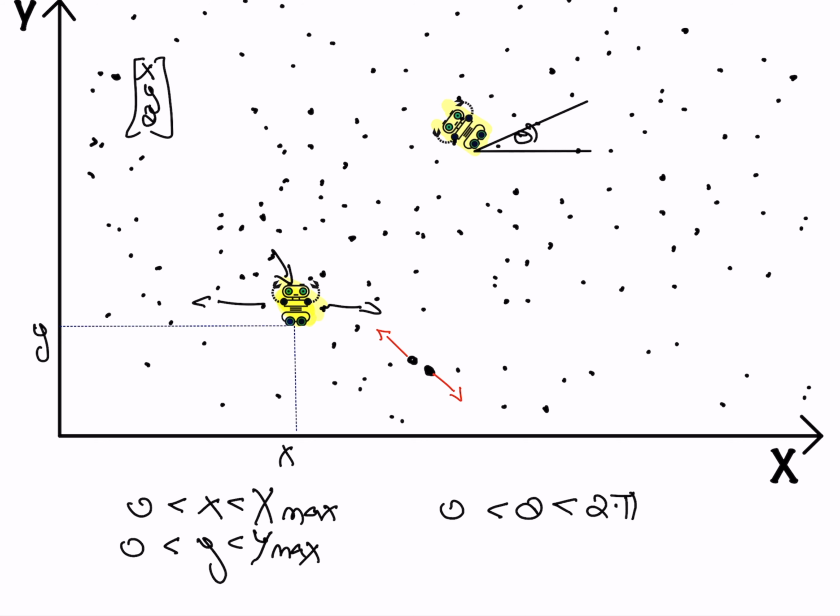Now, what are we going to do? Let's say that I know that my robot moved 1 meter forward. So I know that from here, it moved to here. What am I going to do? I'm going to take each particle and move it 1 meter forward. In our example, this particle over there will move to here. And this particle 1 meter forward will move here.